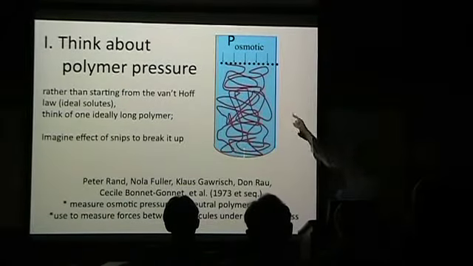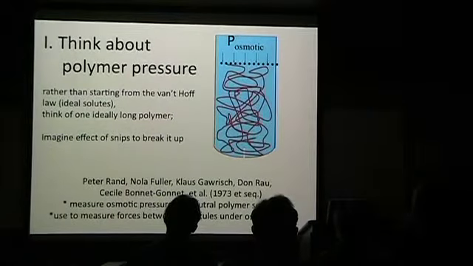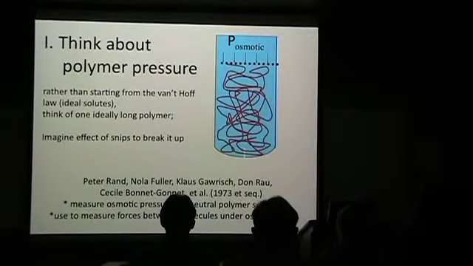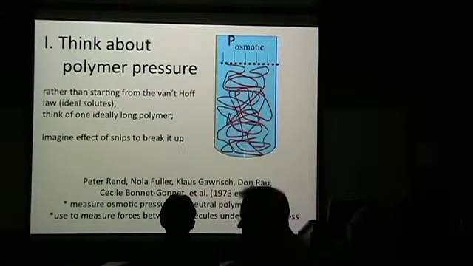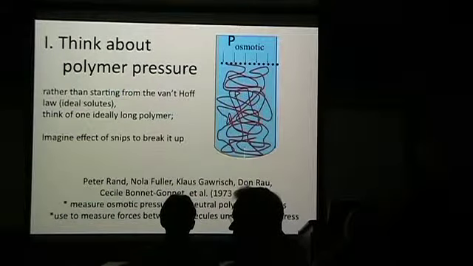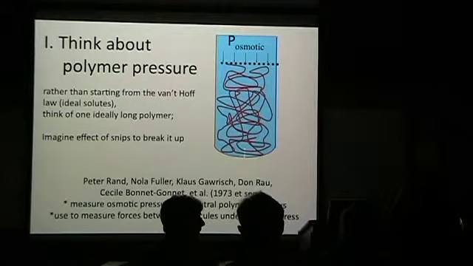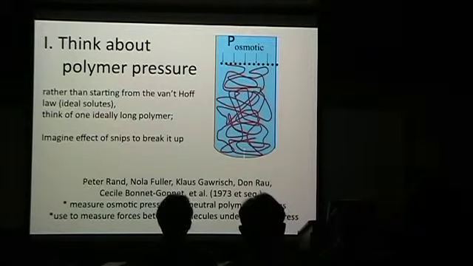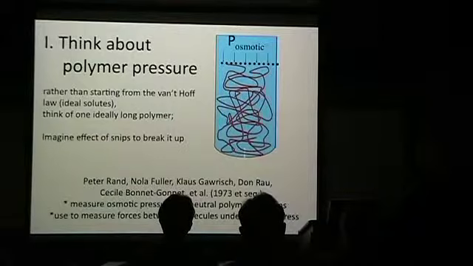Are you cutting the red stuff? The red stuff. The blue stuff, I don't know how to cut water. The first time you showed the picture, you said you are trying to condense the red stuff by adding polymers on the other side of the membrane, by pushing this stuff together. Right. So there were two pictures. One was the red stuff pushing some other guys, and then you want to know how hard that red stuff is pushing the other guys, so you do this experiment to see what that pressure is. Now the red stuff is the polymer that was doing the pushing of the other guys before.